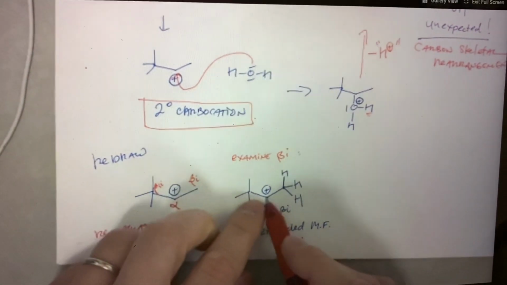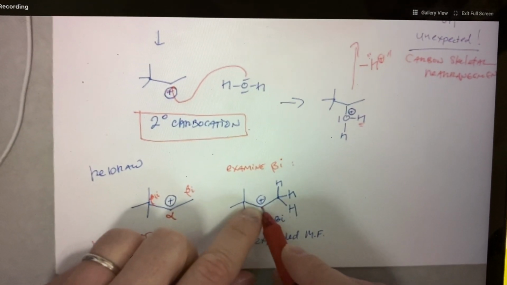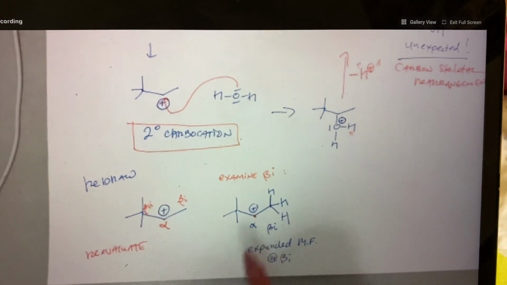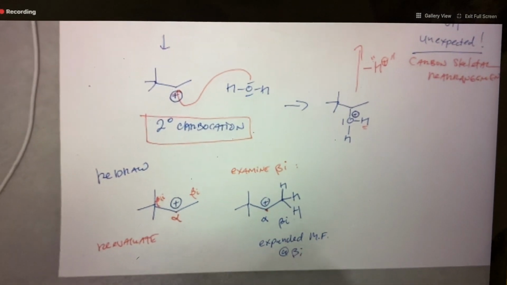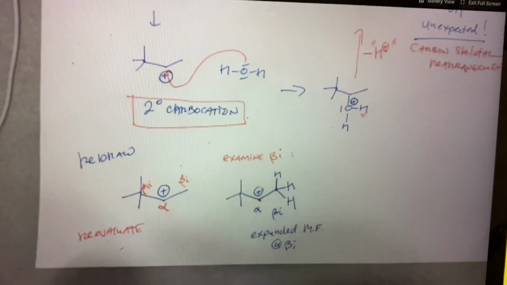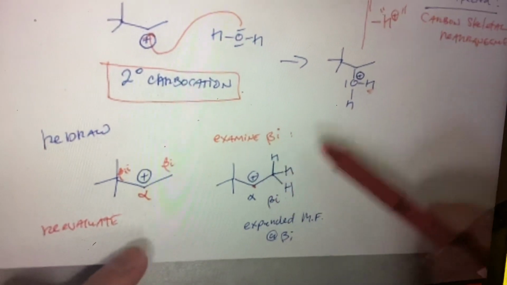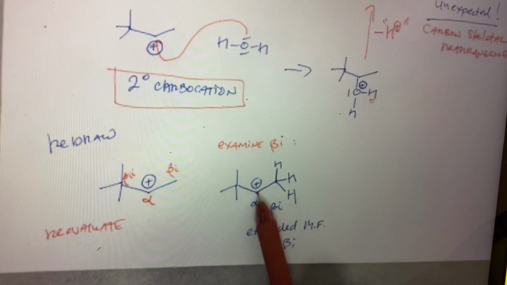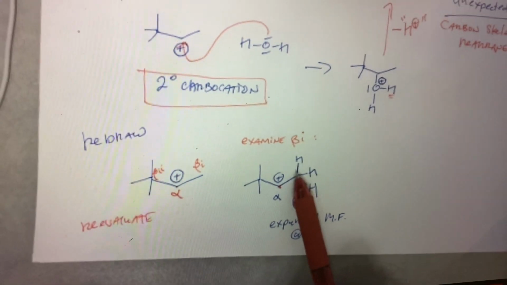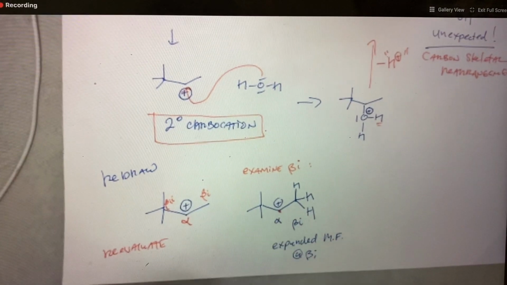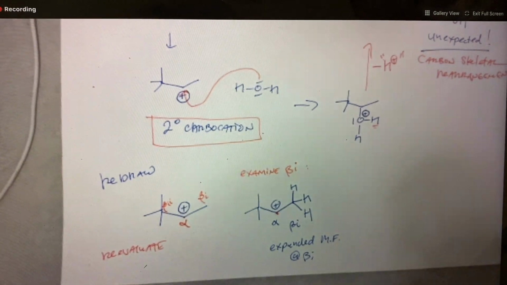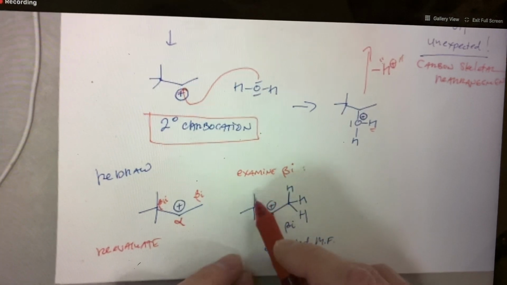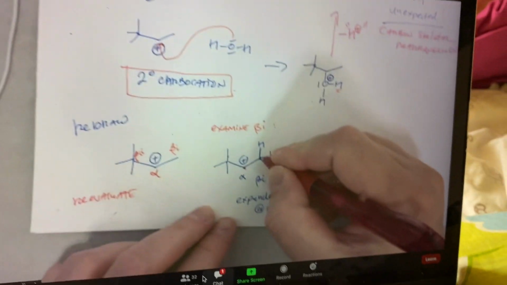Now, the carbocation wants electrons desperately, and if it can get electrons from within the same molecule and make something more stable, it will. That's the basis for why these processes happen. We know that we're going to get to some sort of tertiary carbocation. We'll see it later. It's hidden off screen right now, but it's in your notes. But we want to examine, can we make something better right now? If we can, it happens spontaneously. So the way we do this is we use either hydride groups or alkyl groups. This group right here,